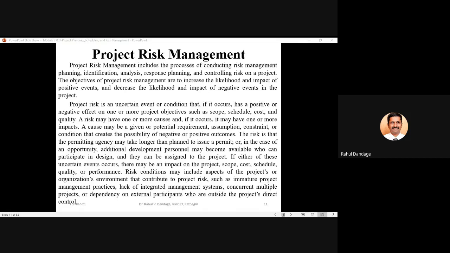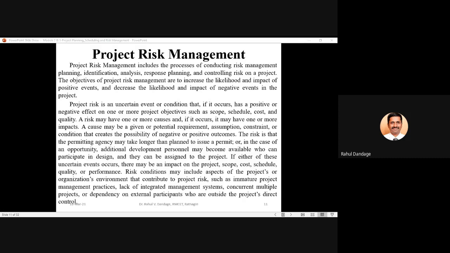So some conditions which may give rise to risk categories are like your project management practices. They may be immature, with no proper weightage assigned to various activities. The integration management, the first knowledge area, project integration management, may have certain lacunae, certain failures.